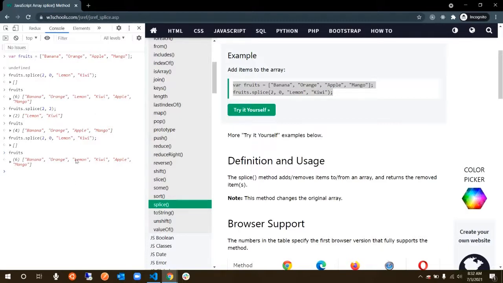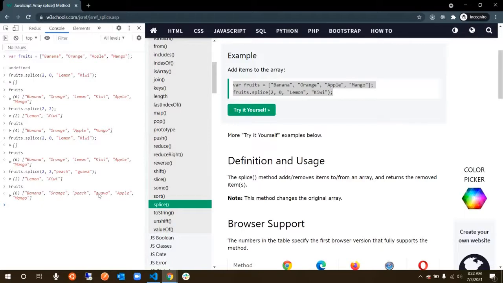So you want to replace lemon and kiwi with peach and, sorry, peach and strawberry. That time your example would have been helpful. You would say peach and then say butter or something, or guava. Now what is happening? You are starting at position two, deleting lemon and kiwi, but instead of lemon and kiwi, you are adding peach and guava. Sounds good.